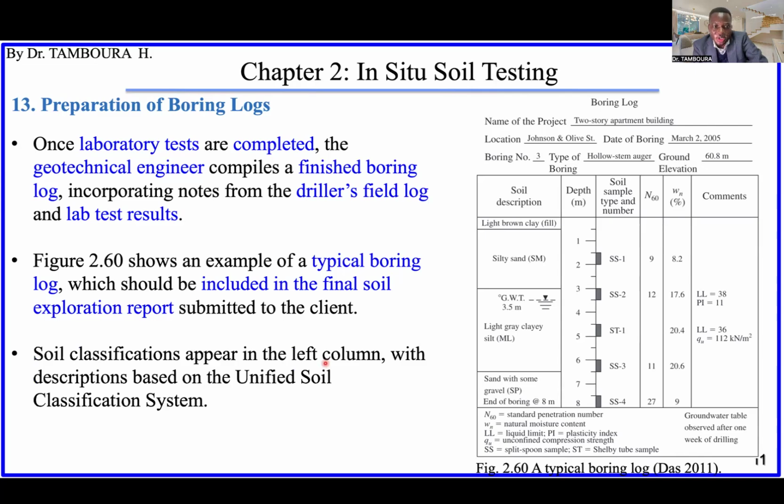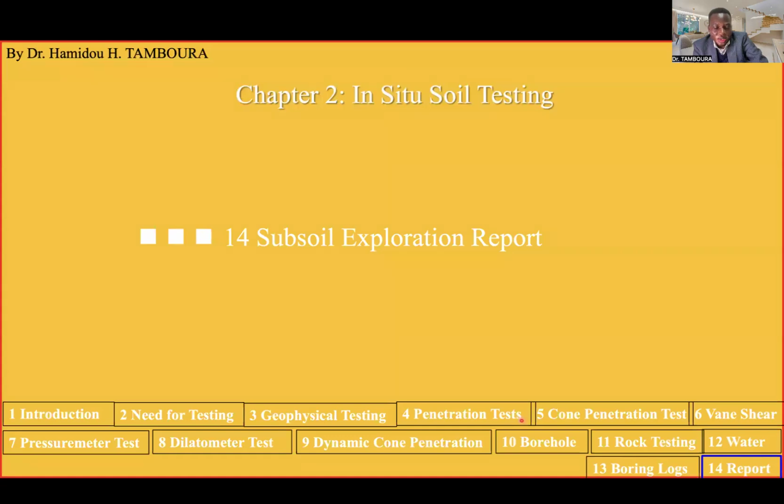soil classification appears on the left here. That's what we said already. Based on the unified soil classification system, there are many systems, many types of classification. The unified one is used here. Let's go for